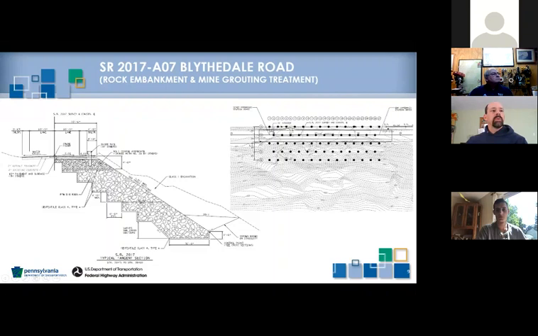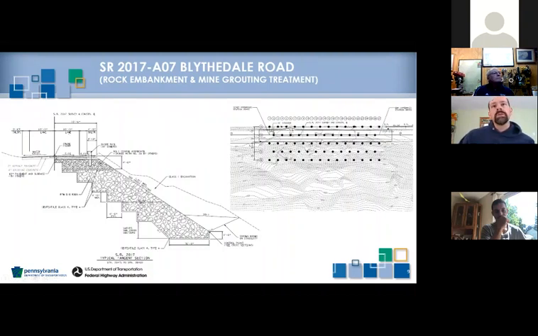So on the left, we have one of our simplest, but yet most effective and cost-effective details, where you excavate out the failed material, shown here as the dashed line, and then you bench in, bonding benches is what we would call these, bench in new rock. So you put in rock, which is typically quarried, but sometimes we'll use borrowed material like broken concrete, or maybe some rock we have from another rock face that we've been cleaning up. So you can use that to rebuild the slope.